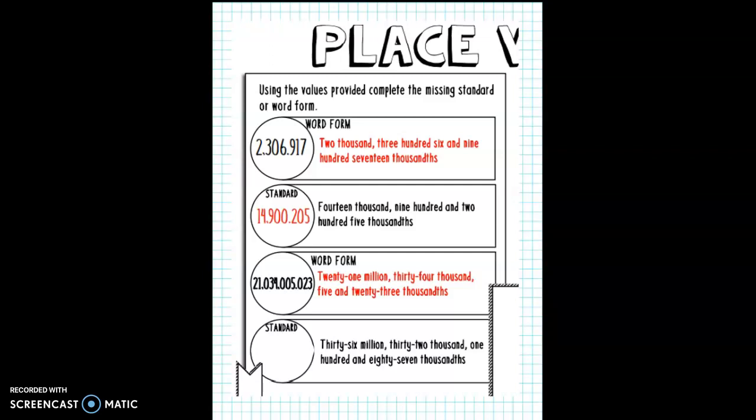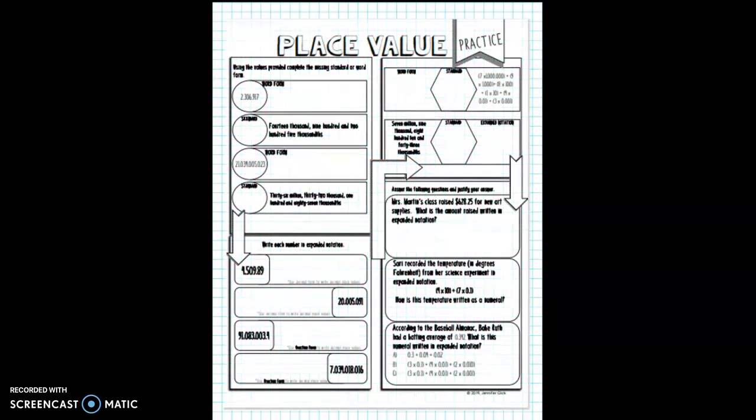Our final one for standard form, 36,032,187 thousandths. This number is written as 36,032, 100, decimal point 087. Now we're going to move down our page